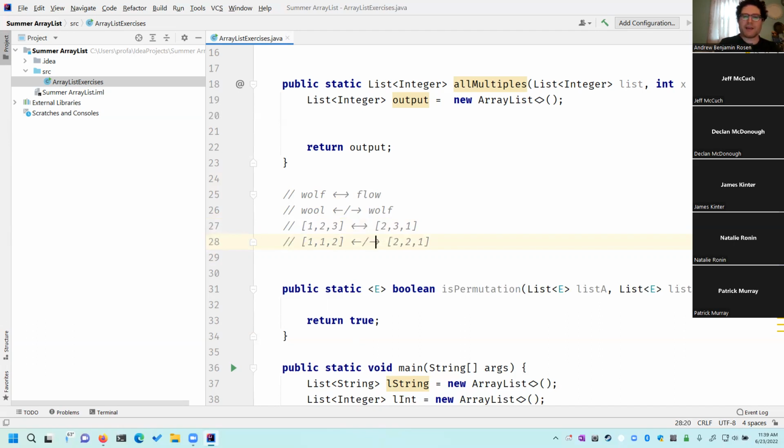Now, why is that? They are not permutations because they have two different quantities. There's 2 1s here, and there's 2 2s here, right? This one has 2 1s. This one has 2 2s. So those are not permutations of each other. You have to have the same elements and the same number of elements. So another example of one that is not: 1, 2, 3 and